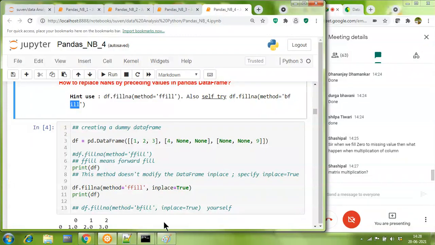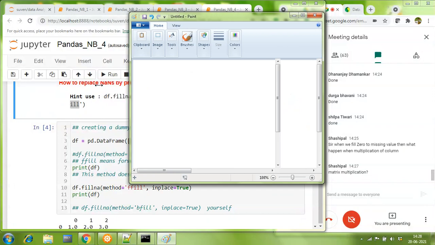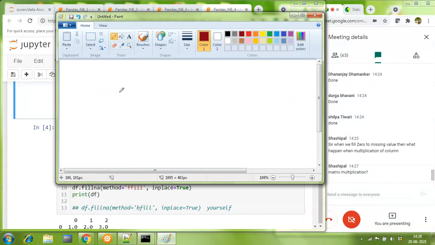Just to give you a quick heads up on this, suppose I have the following values. I have 70, I have NaN, I have 60, and I have NaN. Forward fill means whatever is the value at row number 0, it will fill that value in row number 1.